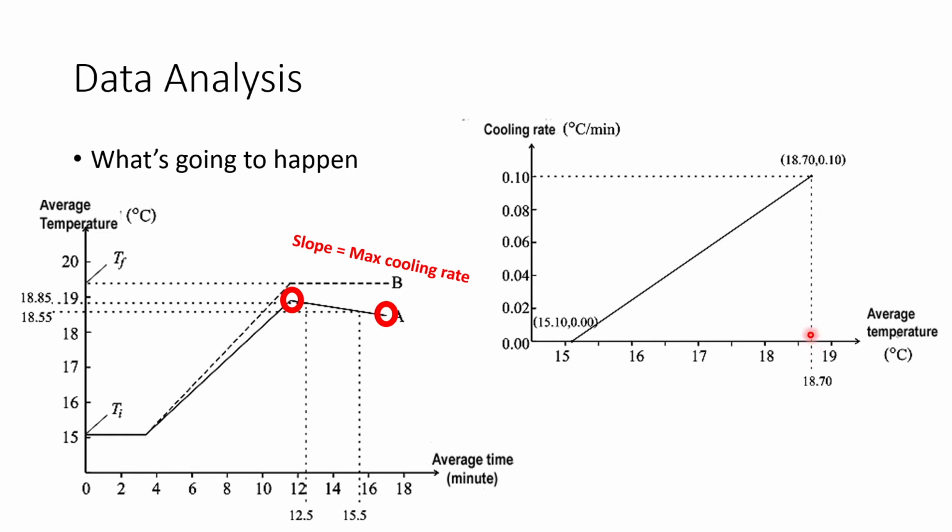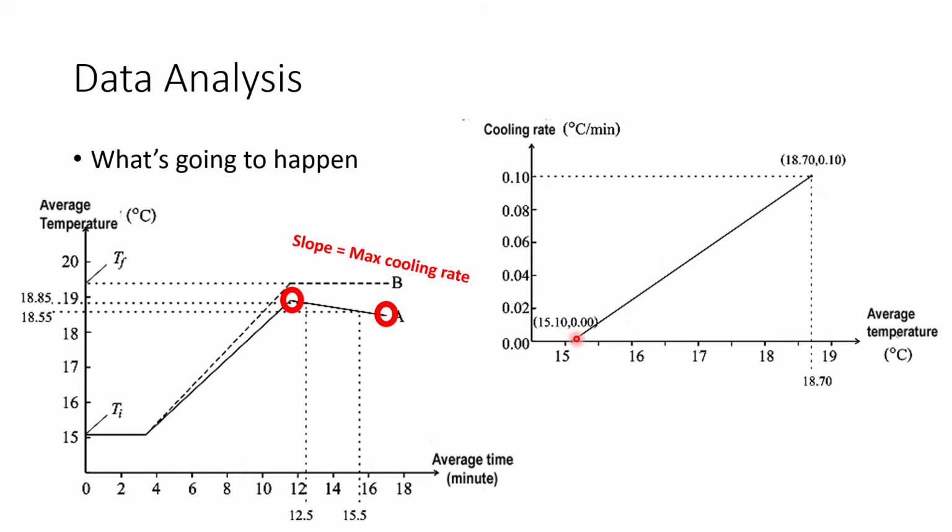So this is the confusing part. The y-axis reading on graph 1 is going to be your x-axis reading on graph 2. This is important to remember. All right. So by estimating the average slope between these 2 points, you actually estimate the slope of the center point here. So this is 18.7. So take 18.7 and then calculate the slope here. Let's say that you have the slope of 0.1. This 0.1 is in the unit of Celsius divided by minute. So the cooling rate would be 0.1 Celsius per minute at this point.